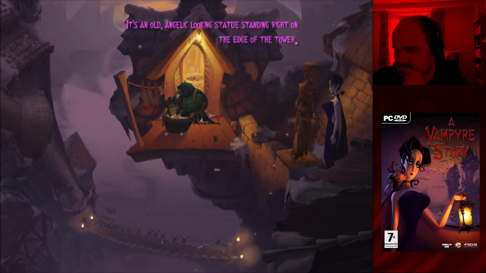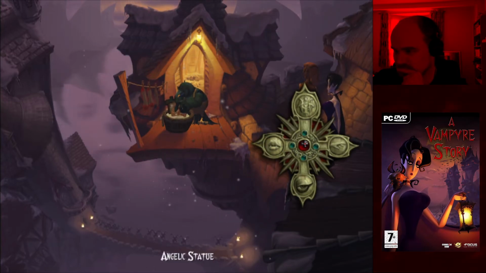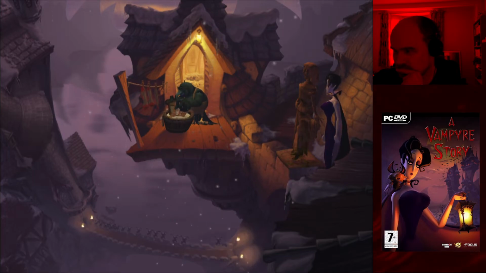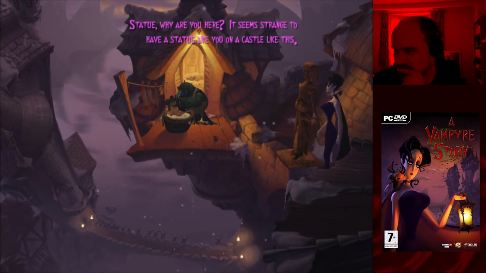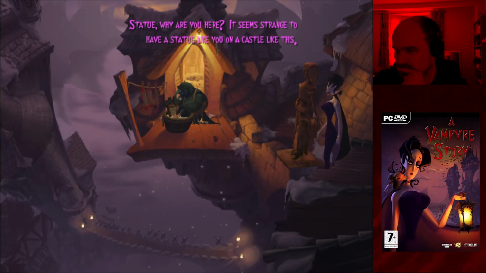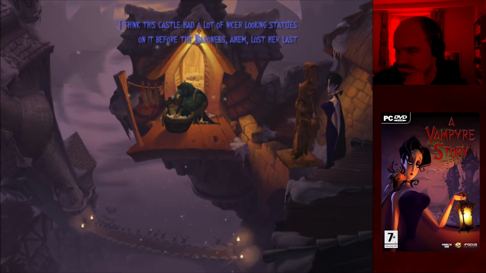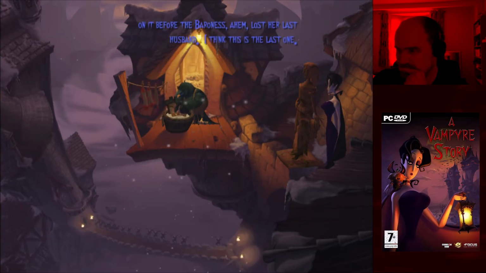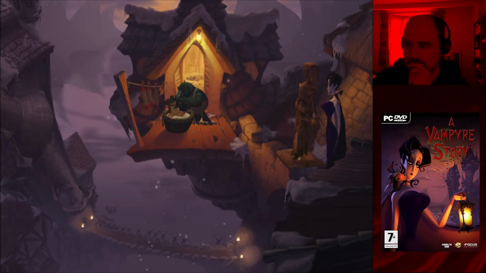It's an old angelic-looking statue standing right on the edge of the tower. Statue, why are you here? It seems strange to have a statue like you on a castle like this. I think this castle had a lot of nicer looking statues on it before the Baroness lost her last husband. I think this is the last one.